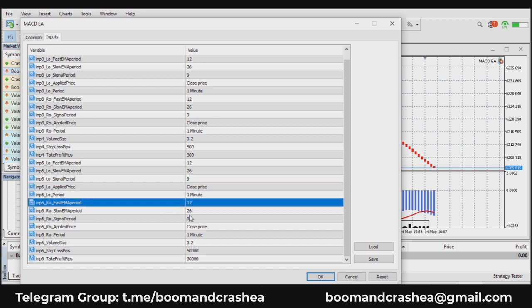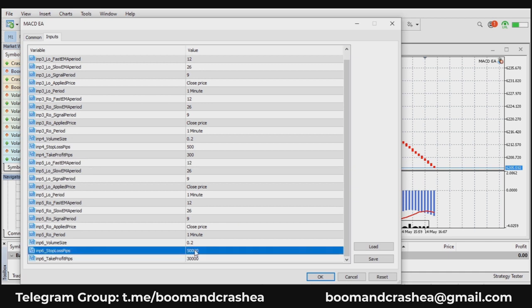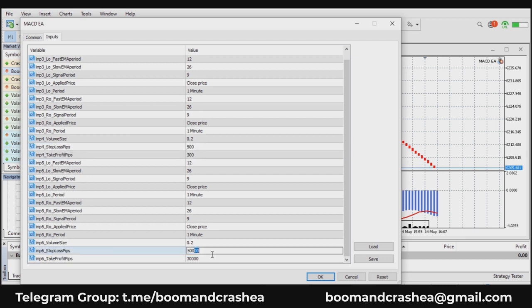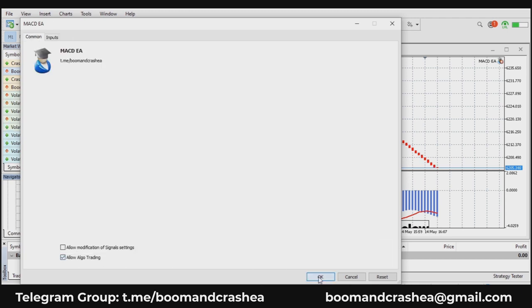Close price, 1 minute. So this is simply the signal line crossing below the main line in order for a buy to be executed, and for the top, the signal line crossing above the main line for a sell to be executed. So the same thing, stop loss, take profit. And just as I said over here, if you're using it on the 500 markets, you're supposed to decrease these two by 2 zeros. And the same here. When you're done, you can save your setting. You can click save, or you just check your algo trading, click OK,